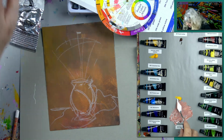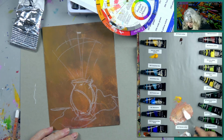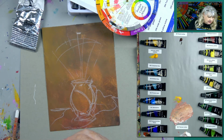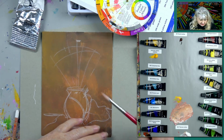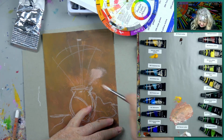Put that out of the way. Okay. A little bit of that in there. Now a little bit more white. Okay. So I want to lighten up some of this around the flower, but I don't need all of it light. Does that make sense? Here's a little Art Sherpa round brush. No water on it. And I know that, for instance, I want to come in here and add to this